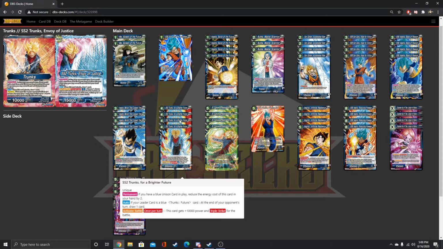But he gets reduced to a 2 cost if you have a blue unison in play, and generally we're going to have the Supreme Kai of Time out. But getting that 10k power and triple strike on him is amazing. I've taken many games with him. People, for some reason, don't always expect it. I think they always expect the Vegito finish, but